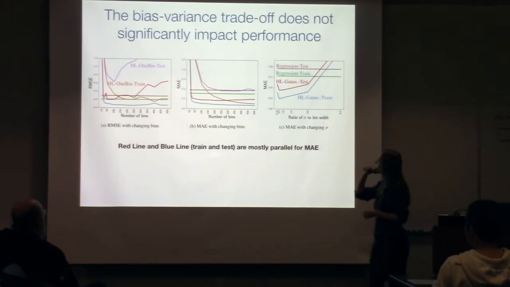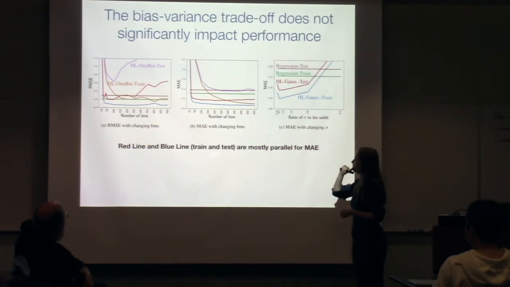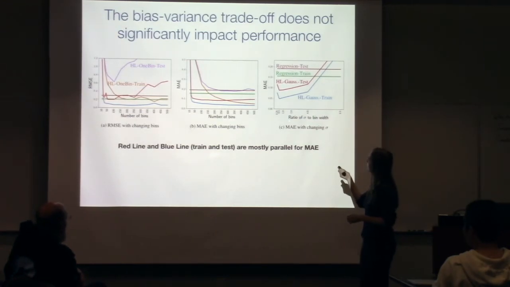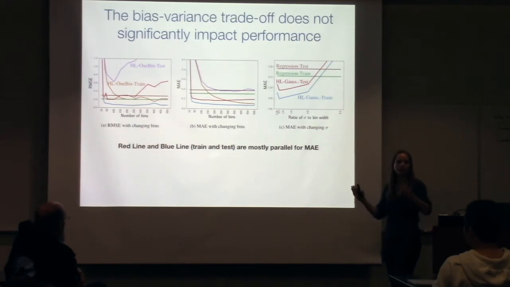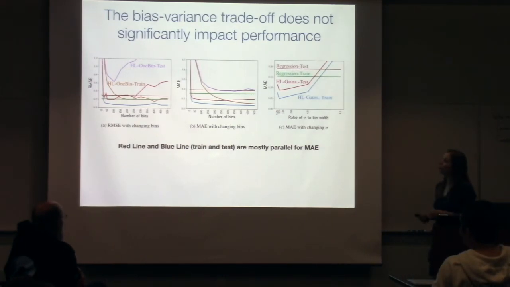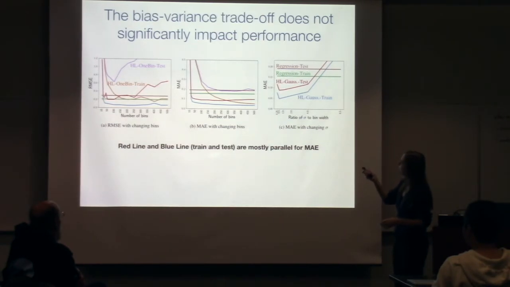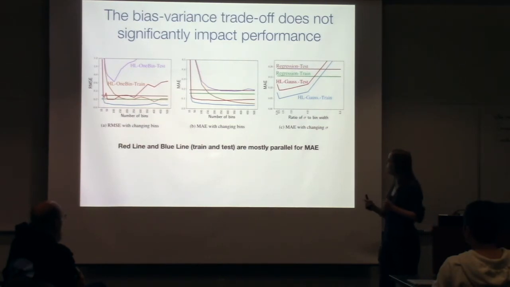Okay. This is a little bit more complicated to explain. So since I'm running out of time, let me just give you the high-level conclusion here. There's these things we can change, i.e. the number of bins and how wide or narrow we make this sigma in our truncated Gaussian. And you would think we could very narrowly fiddle with that to get this really good performance, and we're just cheating by fiddling with that. But actually, these lines are saying that even in a pretty broad range, this doesn't really seem to be giving this ability to cheat in this way, and there doesn't seem to be a really clear bias-variance trade-off